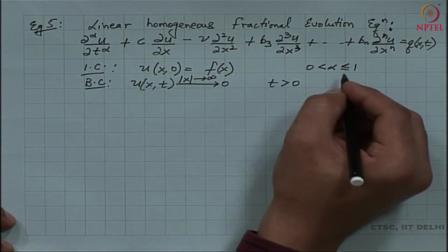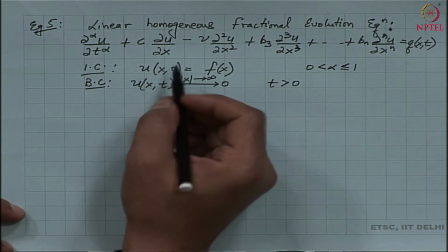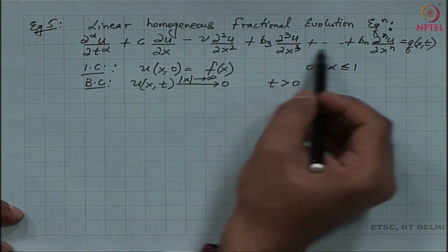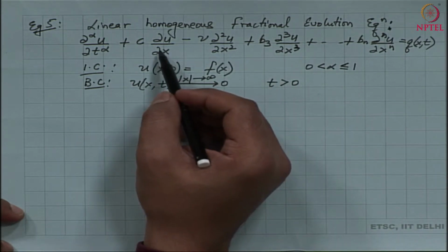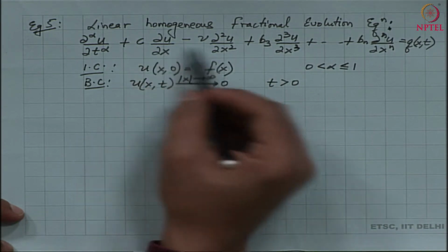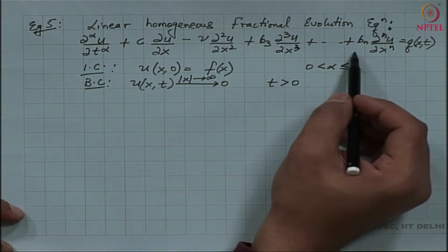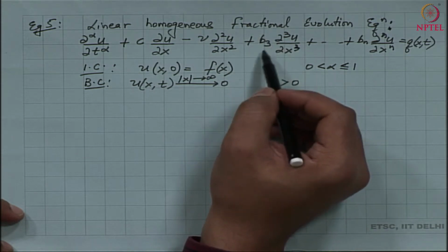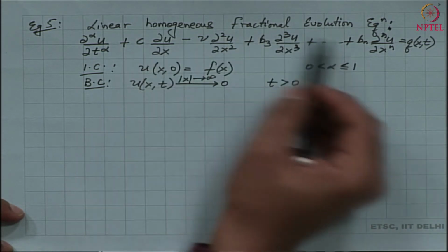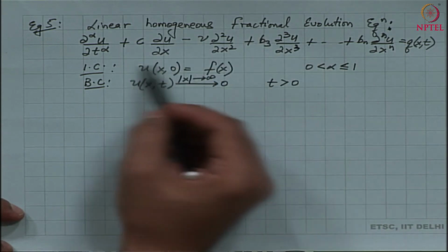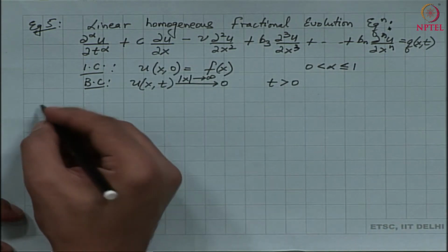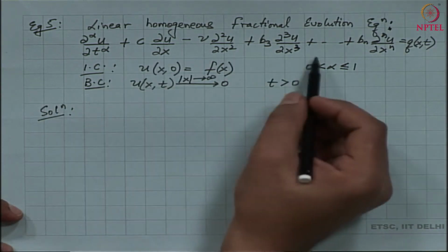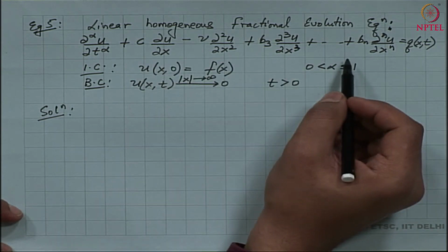Note that if I were to take c non-zero and all the other coefficients nu, b3, b4, and so on zero, I get my advection equation. If I take c equal to 0 and nu non-zero and all the other coefficients 0, I get my diffusion equation, and if I take b3 non-zero, my KdV equation. So, all the equations are enveloped in this giant PDE. Let me try to solve this PDE and give the most general solution to this constant coefficient PDE.